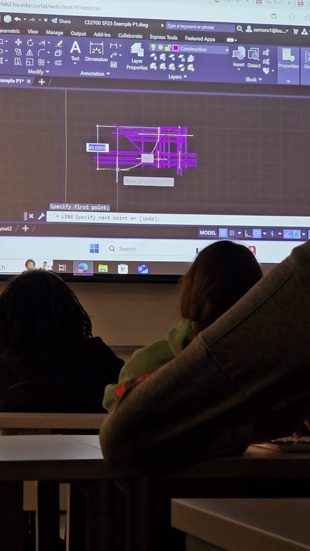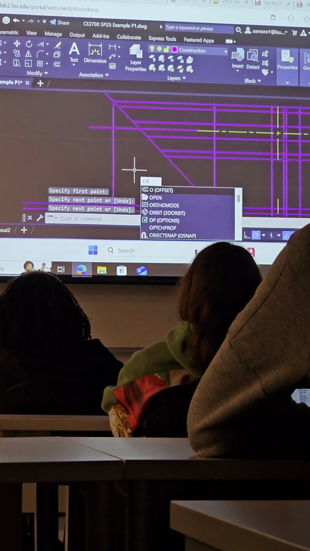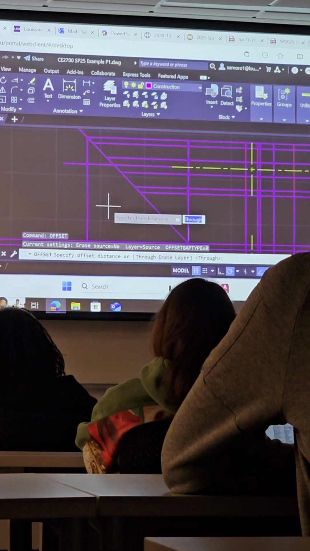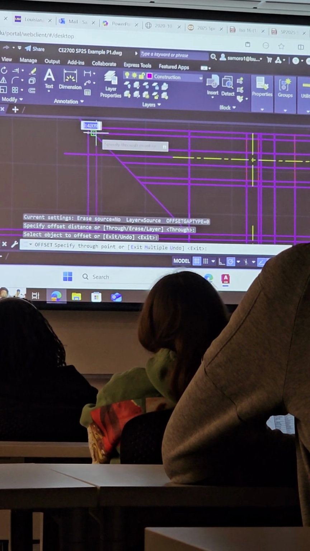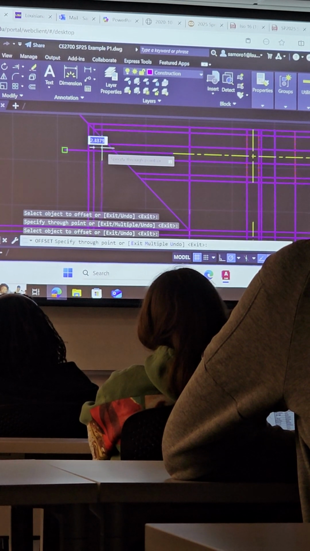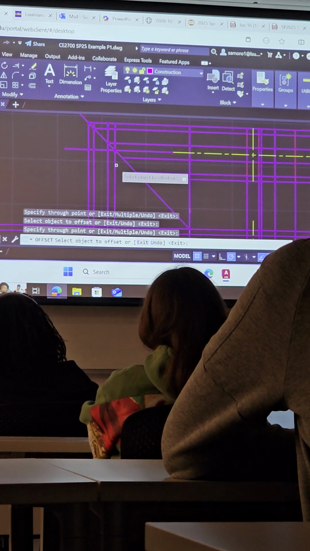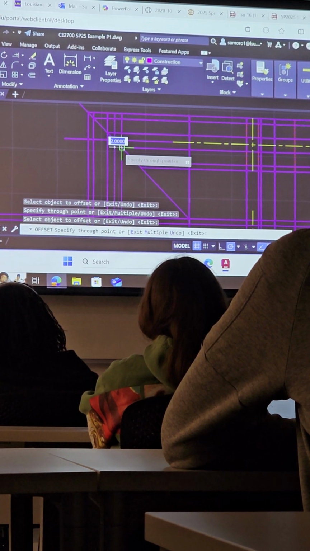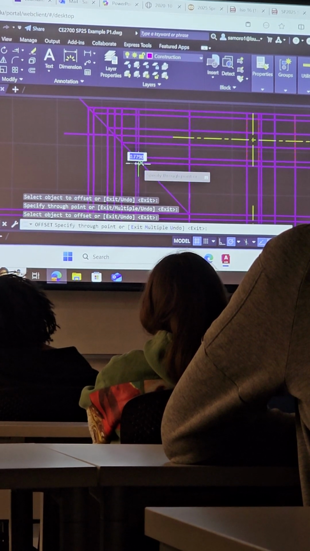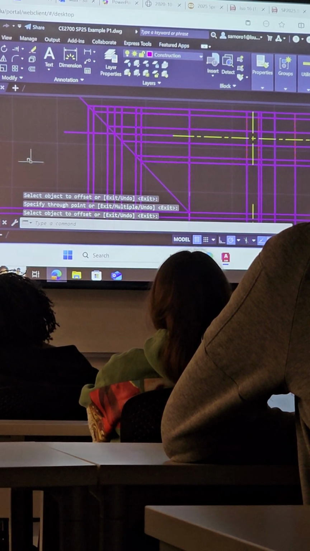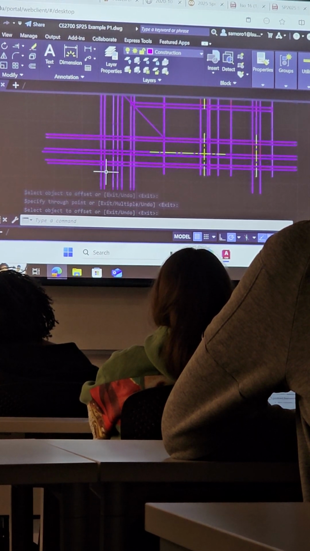I only really need to draw one, because then I can come up here and use the offset command in the through mode and copy all of these instances over. And so now I have everything I need as far as the locations